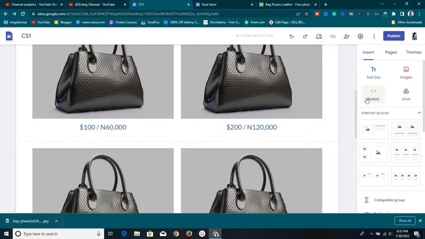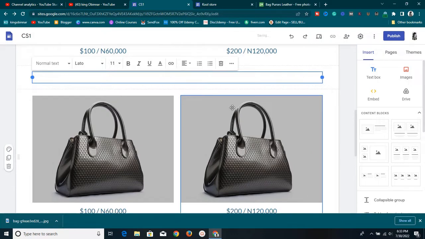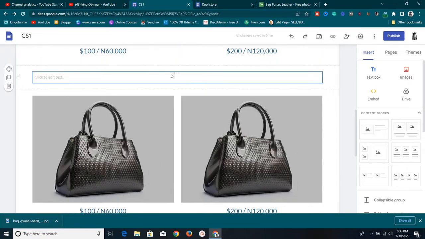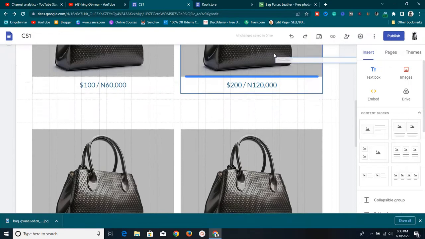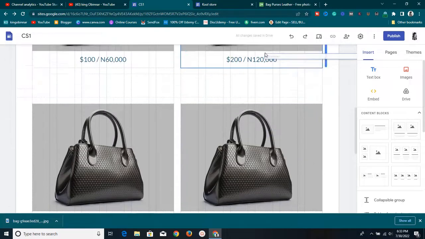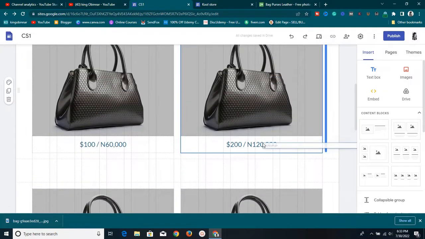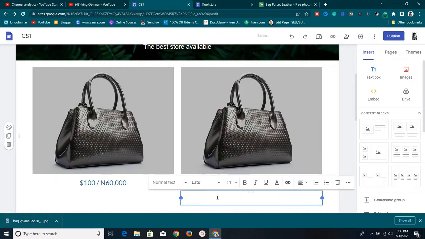remember, if you want to add a description, it's easy. All you need to do is click on this text box and take this text box to anywhere you want. So let's say I want to take this text box to this section. I want to add a description to this product right now. All I need to do is take it right here and add my description. So I can say something like